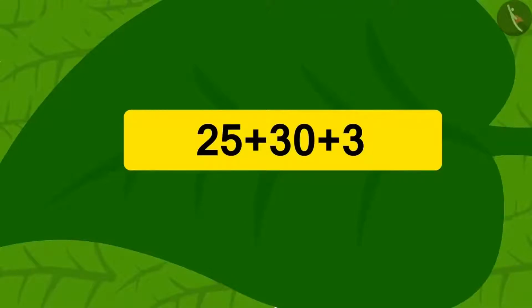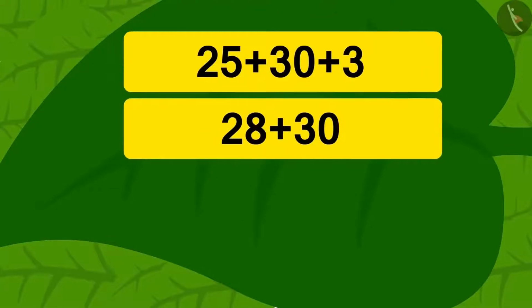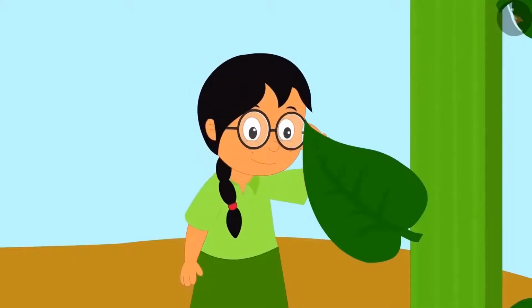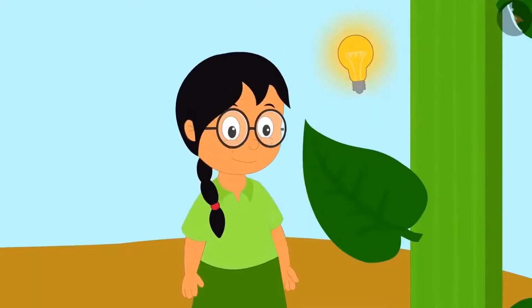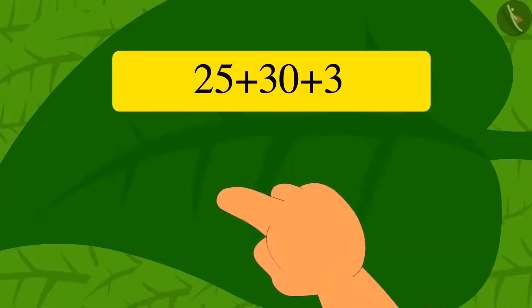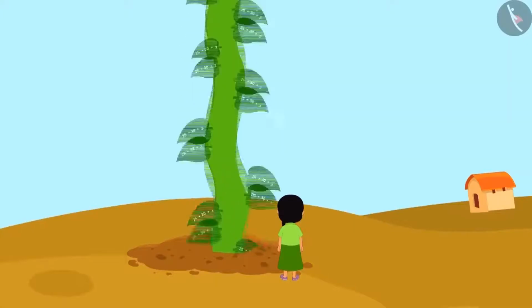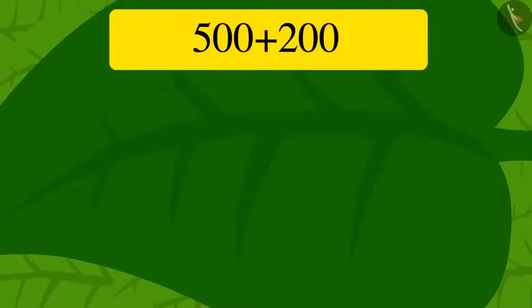Yes, using the method of addition we have learned, we can solve this quickly. First, we will add 3 to 25. We get 28. Now if we add 28 to 30, we get 58. See how quickly we solved it. Like what we did, Meenu too solved this riddle in her mind and wrote the answer 58 with her finger on the vine leaf. As soon as she wrote the answer to the puzzle, the vine became shorter as it sunk into the ground. The next puzzle was something like this.